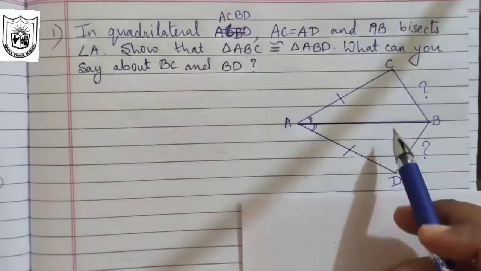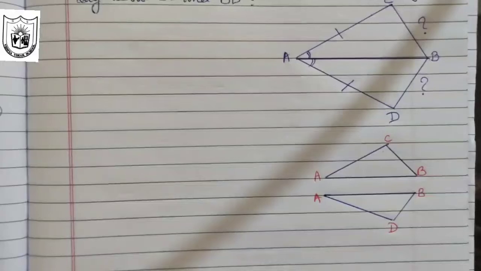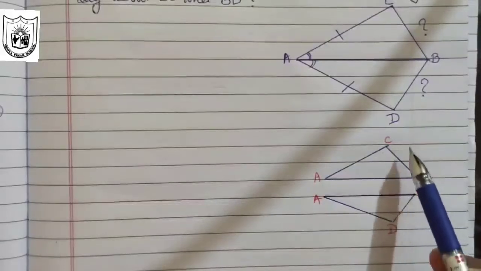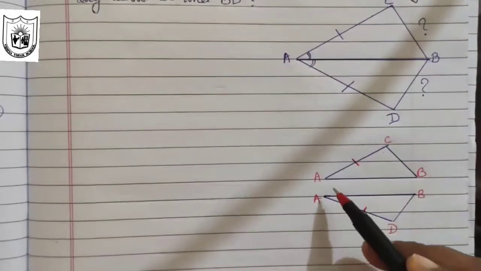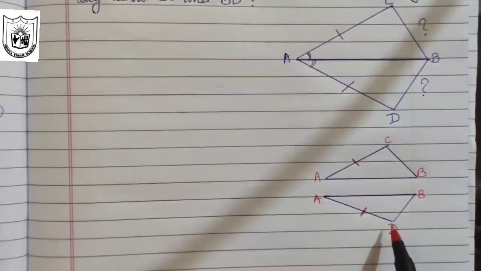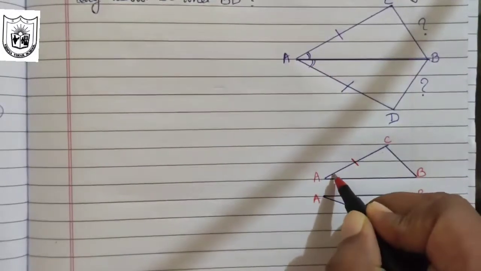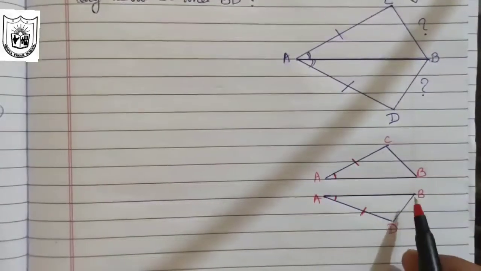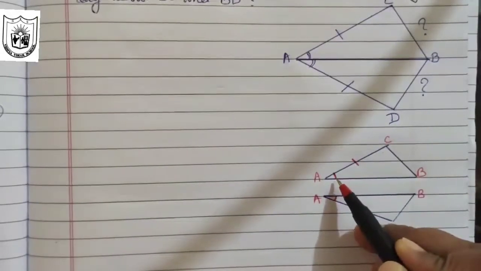So if you see here, two triangles are joined together. So we will separate both the triangles and redraw them this way. So both the triangles are separated now, that is triangle ABC and triangle ADB. So what is given, we will mark. We have seen that line segment AC and AD are equal, that is given to us in the question. Then line segment AB was bisecting angle A, so we understood that angle CAB and angle BAD will be equal. So we have got one side here and then one angle.